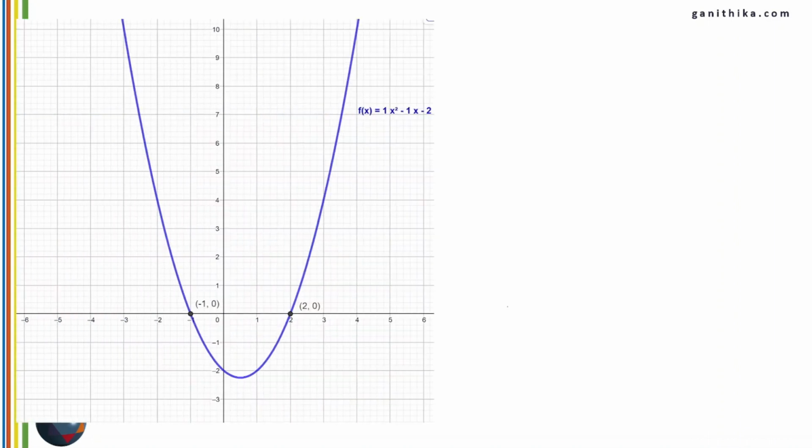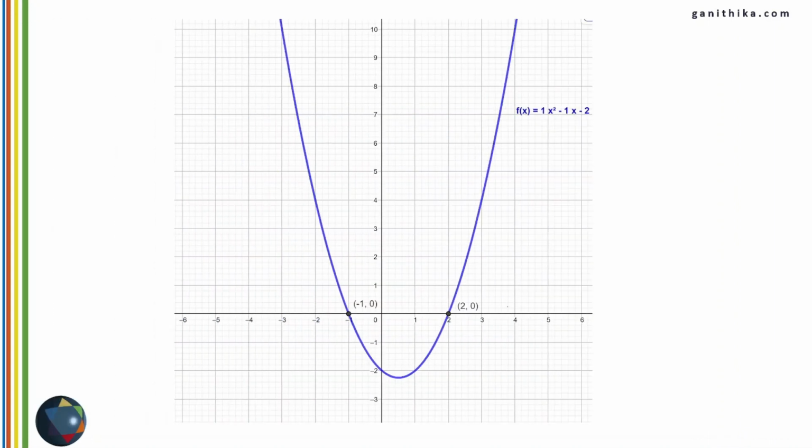Next, let's see if we can do this with graphs. If you have knowledge of drawing graphs of quadratic equations, you can use this second method. Once you graph this equation x square minus x minus 2, mark these roots on the axis. So the x-axis is going to act like the number line we just did. So this is method 2. This is only for those who know how to graph quadratic equations.